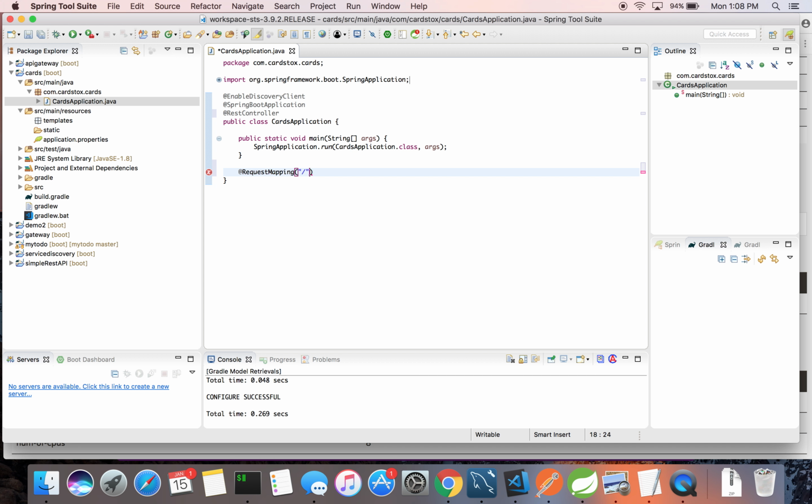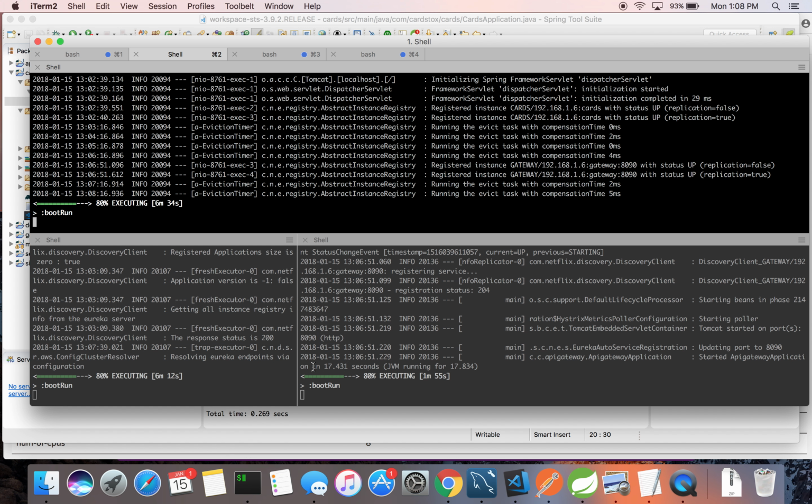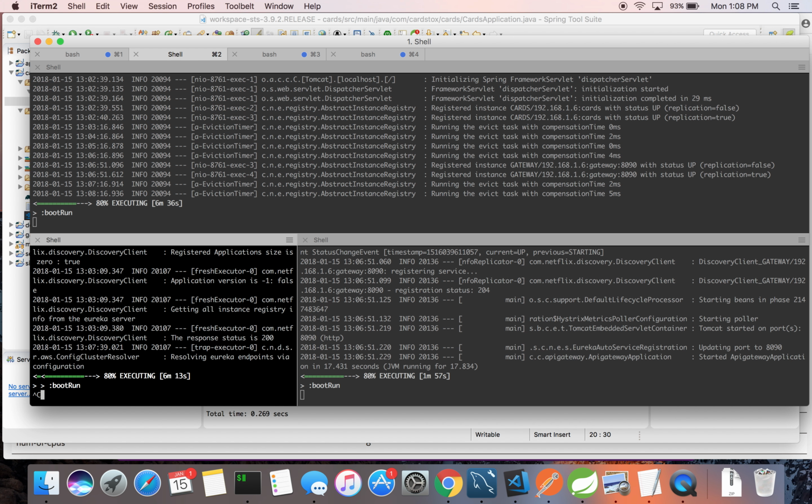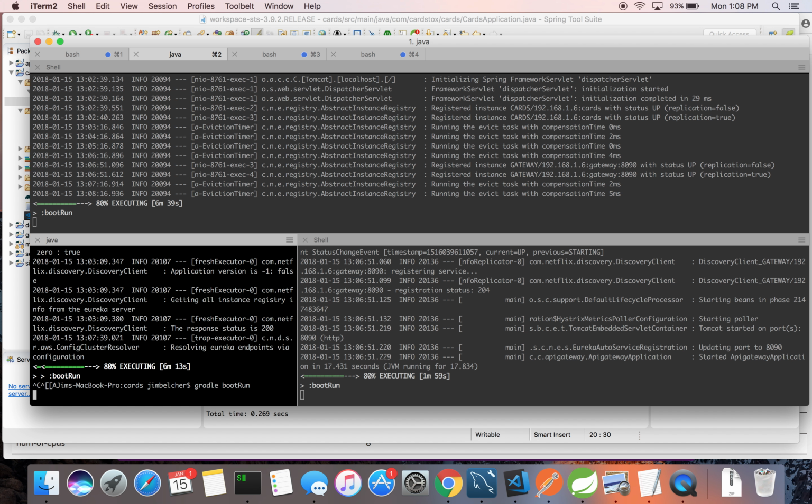And URL will just be a / something simple. Public string hello. Return hello world. Okay, so let's rebuild cards now, and we'll test to make sure that we can actually get hello world when